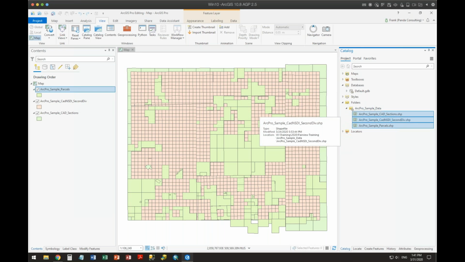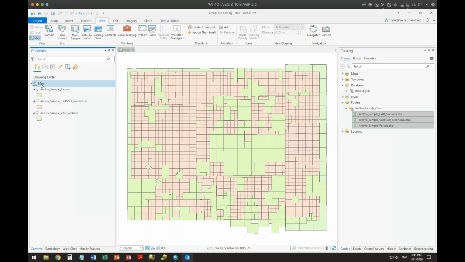When I add them, just as with ArcMap, the coordinate system of the first dataset put into your table of contents is the projection for your map layers. Everything is going to be projected into that on the fly to map.